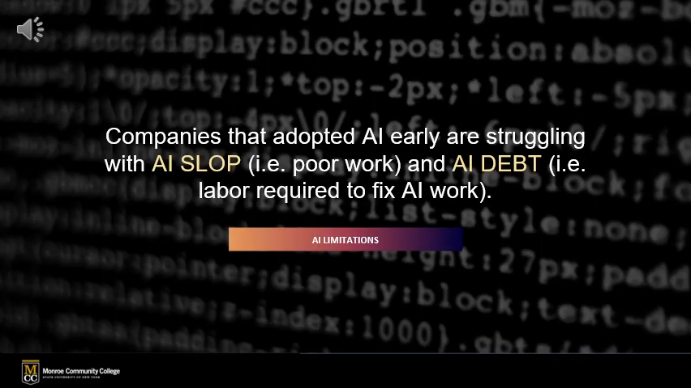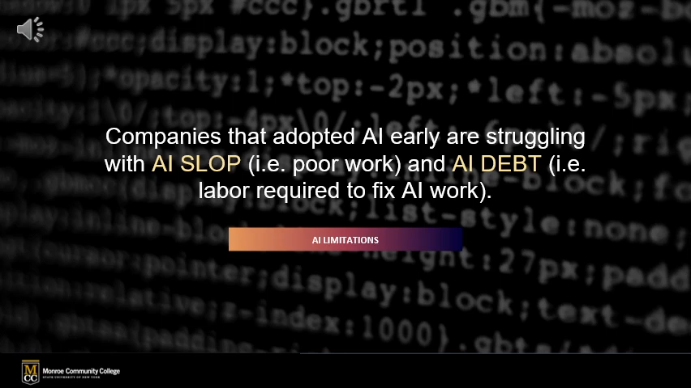Let me introduce you to two terms that are becoming increasingly common in organizations that adopted AI early: AI slop and AI debt. Companies and institutions are now dealing with serious consequences from over relying on these tools. AI slop is the poor quality output that sounds polished on the surface but lacks real substance. AI debt is the hidden labor cost of fixing AI generated work. Both are especially visible in academic and professional writing, and both are warnings about what happens when we use AI